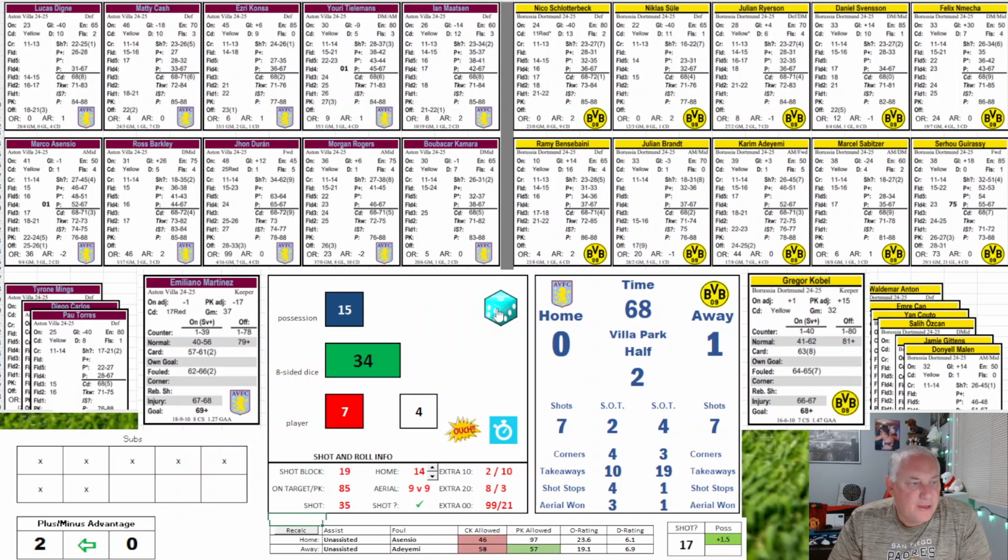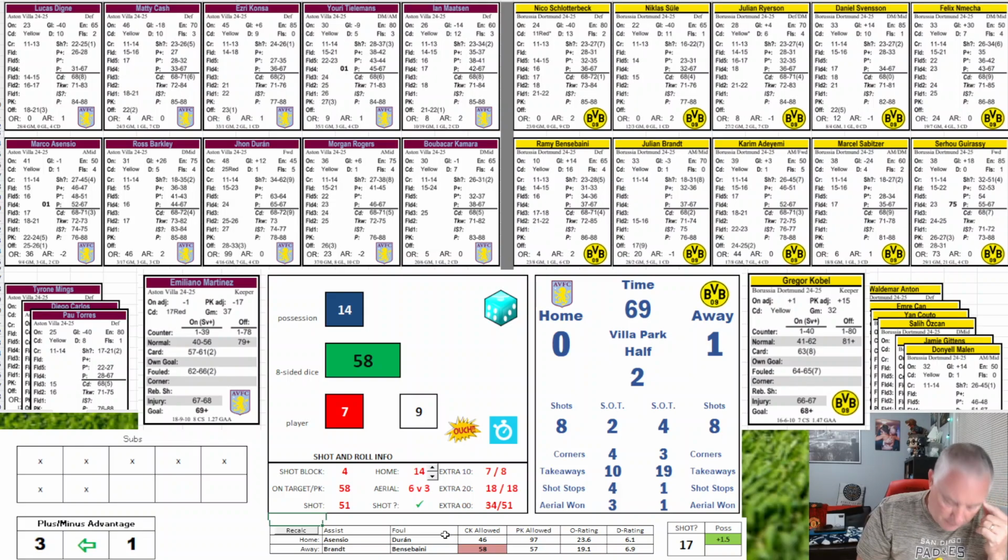785p. 734 P plus. Brandt goes to a P plus. 127. Possible shot is a shot attempt against a 5 that is off target by Schlotterbeck. Schlotterbeck goes off target. That is going to be Villa's ball. 952 P. 927. Shot attempt by Rogers against a 1 off target. So Villa gets the shot back. Dortmund has the ball. 754 P. 758. What are we with possession? They actually went +1 on each. So they are 14. Let me verify. 154, 3, +3, +1. Yes. So 14 is Villa's ball.